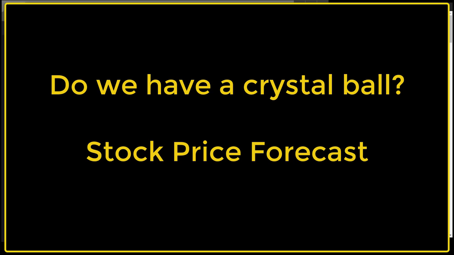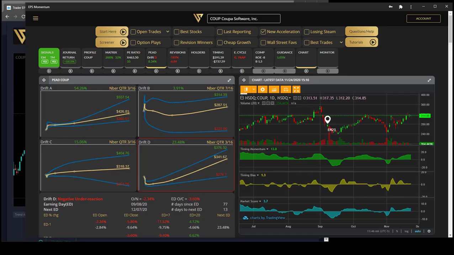No, we don't have a crystal ball, but we are relying on data, prices, and historical occurrences depending on the quarter and the opening of the quarter for every single stock. So how can we do that? How can we predict prices? We have a forecast based on statistics, based on the price earning announcement drift, so PEAD.